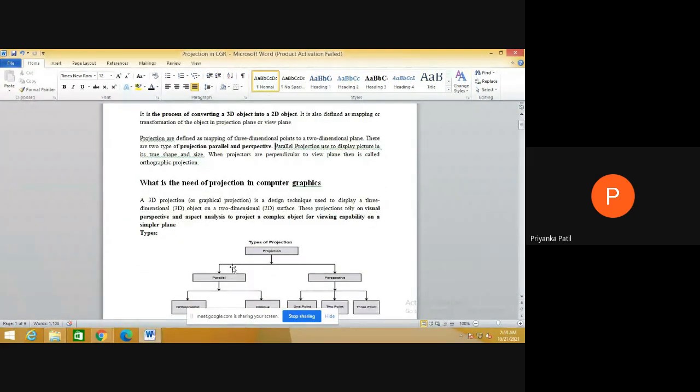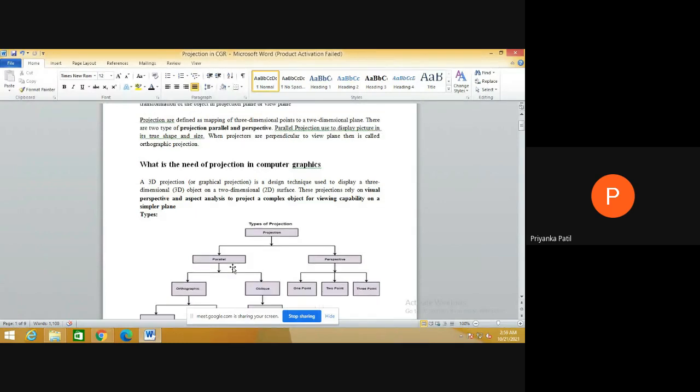Next is what is the need of projection in computer graphics. So three-dimensional projection, that is the graphical projection, is a design technique which is used to display the three-dimensional object onto the two-dimensional surface. This projection relies on the visual perspective and aspect analysis to project a complex object from view onto a simpler plane. So basically, whenever we want to convert three-dimensional object into the two-dimensional plane, then we can consider the